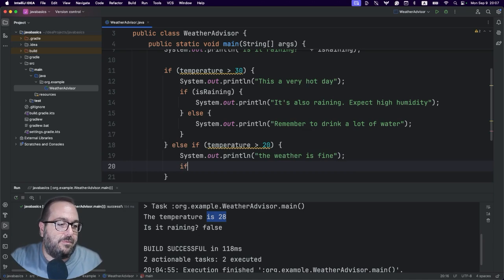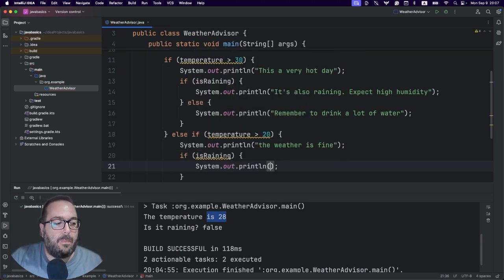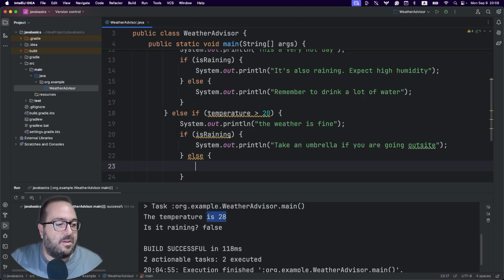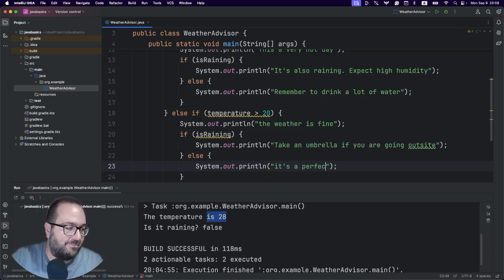So if it's raining, again curly braces, and we can say, let's say, take an umbrella if you are going outside. Otherwise, else, no parentheses there, because it's either true or false, we can say, if it's not raining, perfect day.